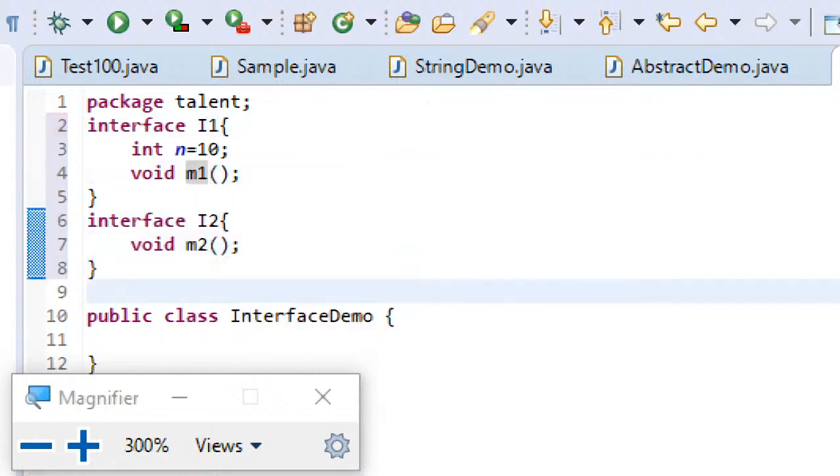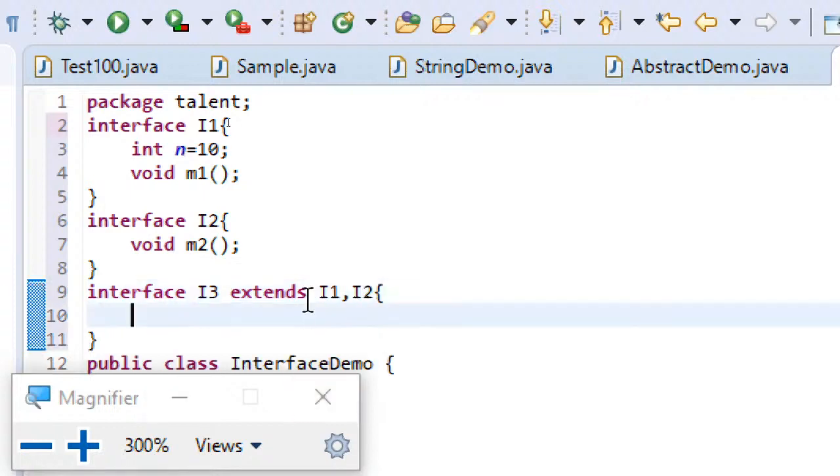And now suppose this is another case I'm making you understand. Interface I3, if I'm writing interface I3 extends I1 comma I2. This is another way of using the extends keyword. So far we have used the extends keyword with respect to class names: class name, followed by the extends keyword, followed by another class name.